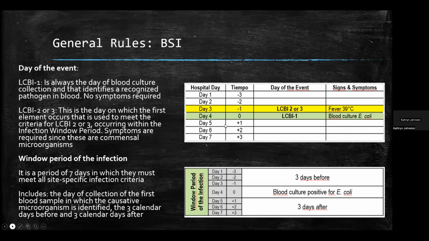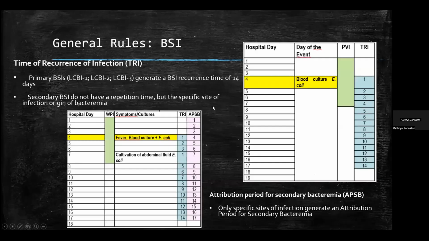And then in order to prevent counting a reemergence or a complication and over counting, calling it a new infection when it actually is still just a continuation of a previous one, they have something called the time of recurrence of infection. The time of recurrence of infection is generally about a 14-day period for bloodstream infections. And what this reflects is the amount of time of the natural progression and treatment and clearing